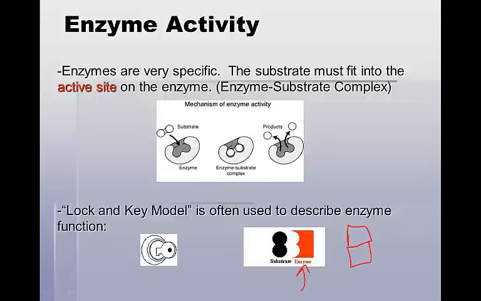Now, there is some vocab in here that we've been using. When the organic compound is fitting in with the enzyme, we call it a substrate. So the first set of vocab words, substrate and enzyme. When they click together, we call it the enzyme-substrate complex. And that site right there, where it fits in perfectly like a puzzle piece, that's called the active site. So it's just a little bit of vocab here to describe what's going on. Again, both the animation and this picture are